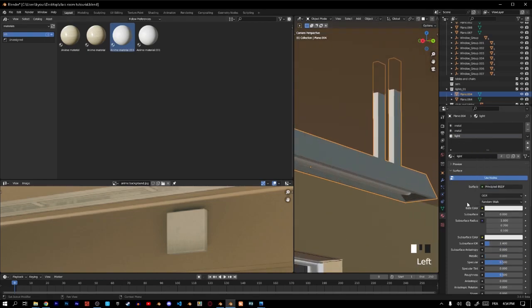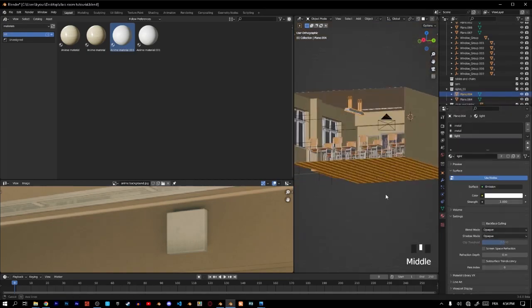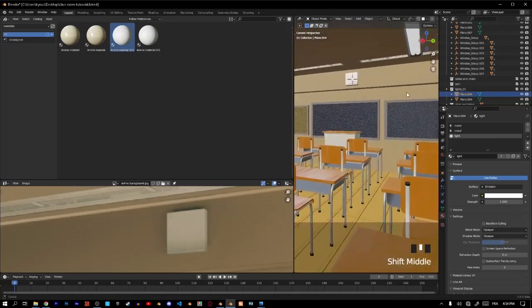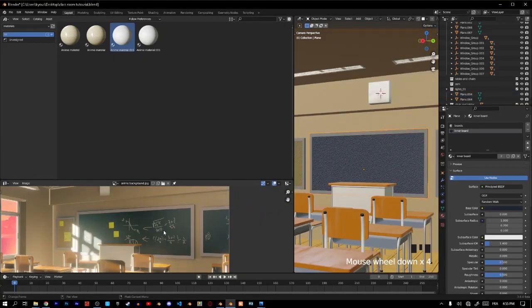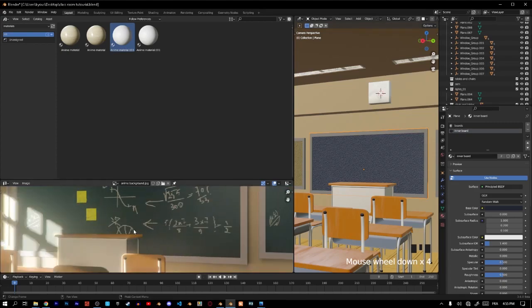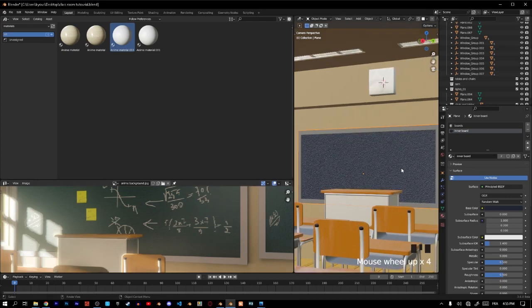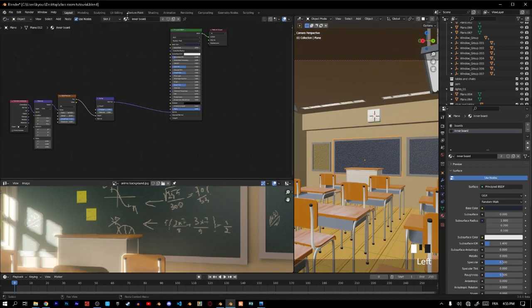For the lights, I will add an emission node, and it should be okay. I guess we are okay. And for this writing and stuff like this, anyways, this stuff, how we can add it: select this board and go to the shader editor and select the inner material,